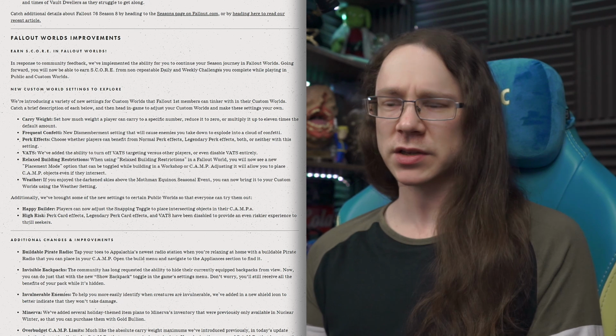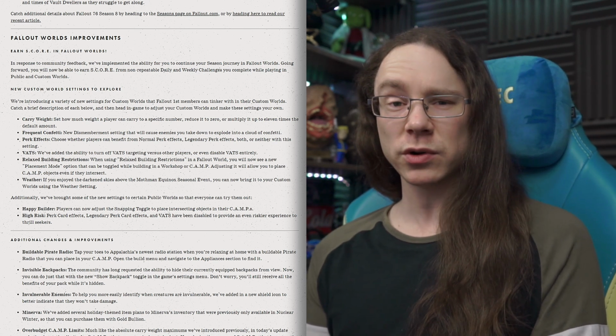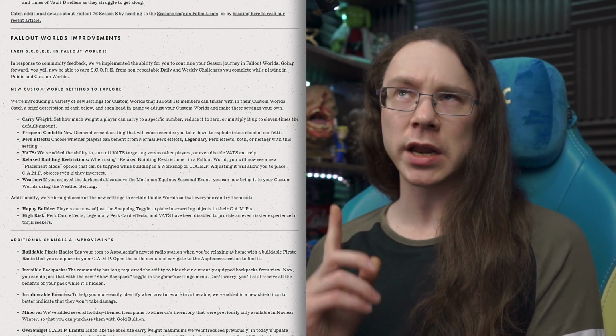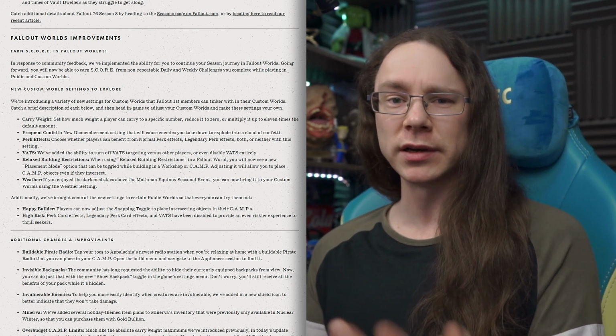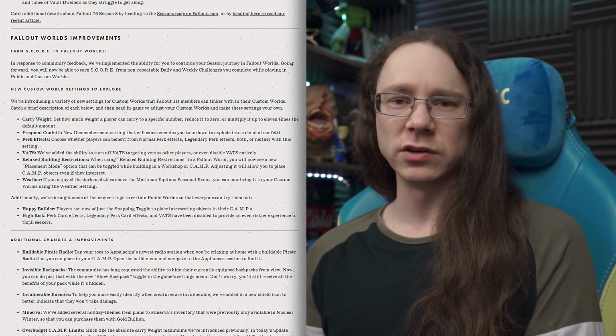objects, which is great. So there's one more change, and that is that the weather effect from the Mothman Equinox seasonal event that we checked out just before Christmas, and will actually be returning in June, I believe, at the end of June for the summer solstice. Not sure why an equinox event happens at the solstices, but you know. But the weather effect that you get during that event, you can actually now turn on in your custom worlds